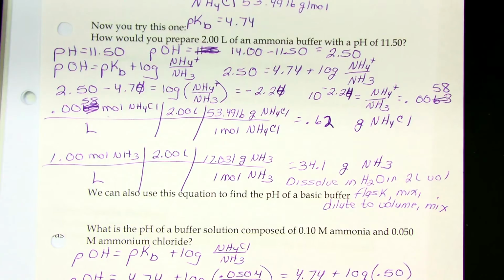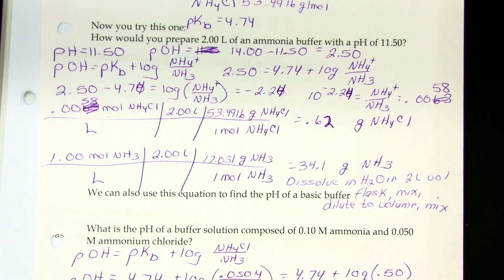I'm putting my answer up here just for the purpose of the video, but I do want to look at the boards. And when I look across here, I see that everybody did the first part correctly, solving for the pOH and then using that pOH is equal to pKb plus the log of BH plus over B. And when you solve this by subtracting and getting a negative 2.24,